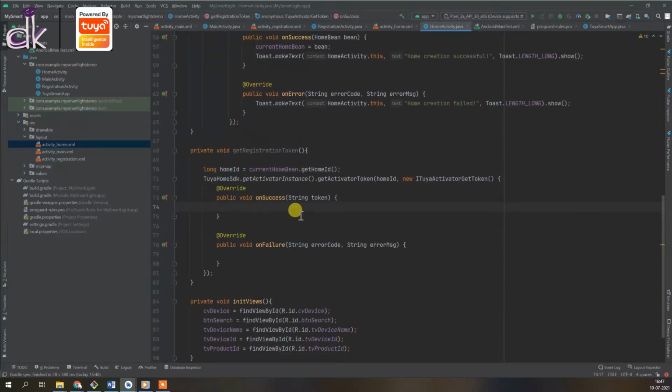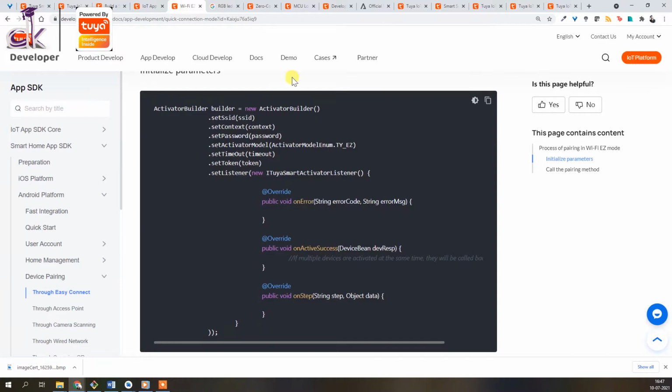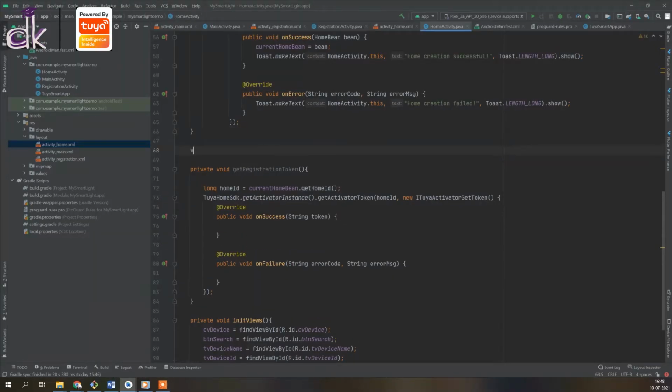So once the token is obtained, what you want to do is call this particular function, and this is the search operation itself, right? So you can create another function called private void, and you can call it init config device or search devices.